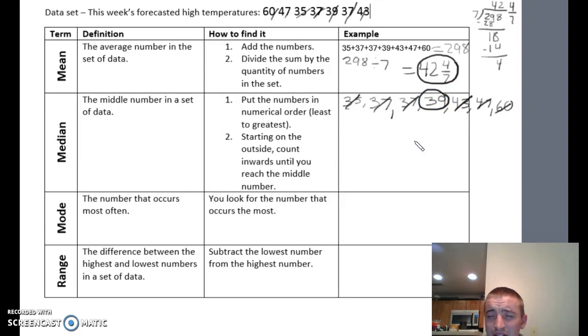Now, what happens if we have an even number in our data set? So let's say we have 35, 37, 37, 39. Let's say we had a 40 in there. Okay, so then I'll change color so you can see it. So if I cross these off,